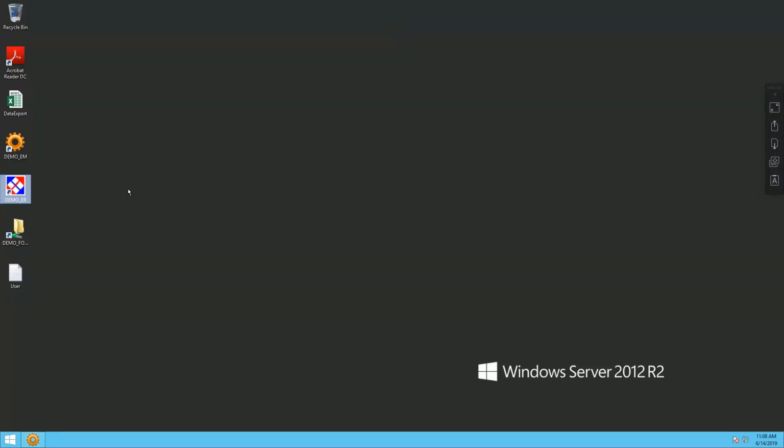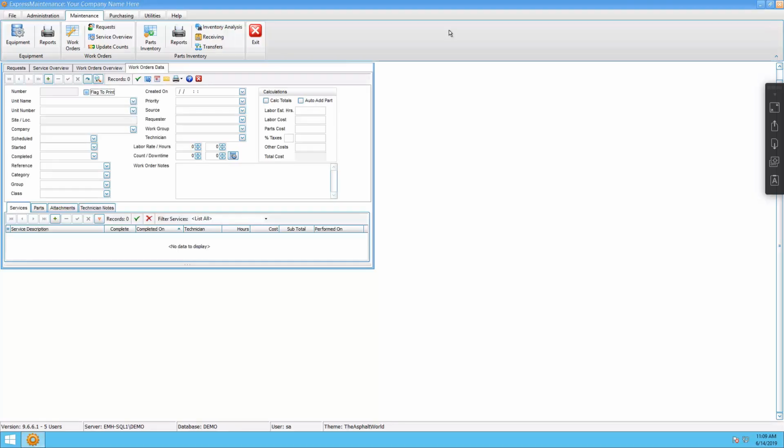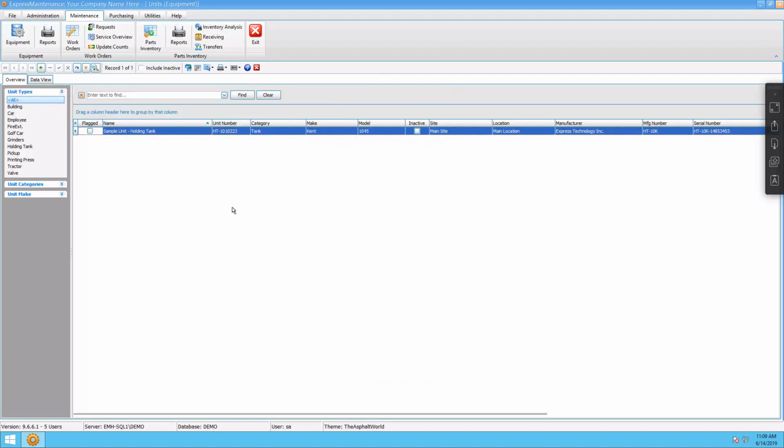a requester, I still go to the website, I still log in, but it's going to automatically launch Express Request for me because I'm a requester, and all I have to do is just select my name from the requester list. So that's the only difference between launching Express Maintenance and Express Request, but that way the requesters aren't having to log in multiple times. They just go to the hosted website, log in, and then select their name from the drop-down and enter their request. Now, I just wanted to share with you guys that option is capable,